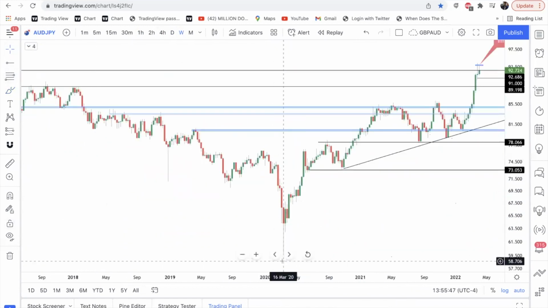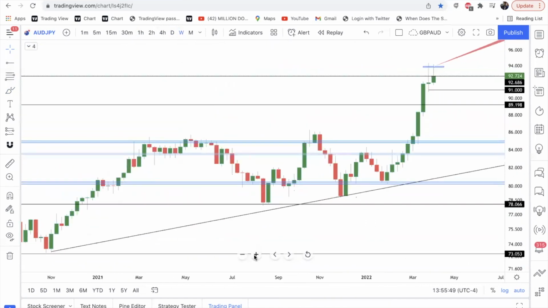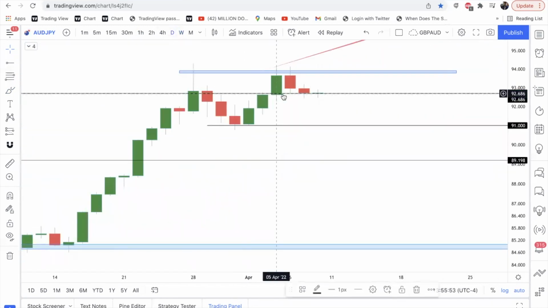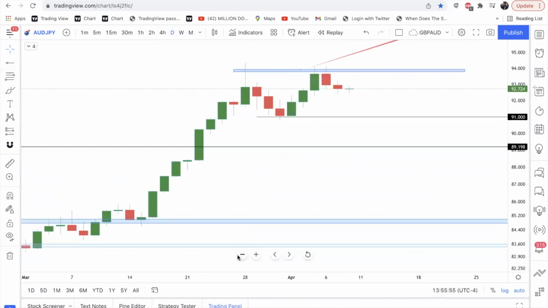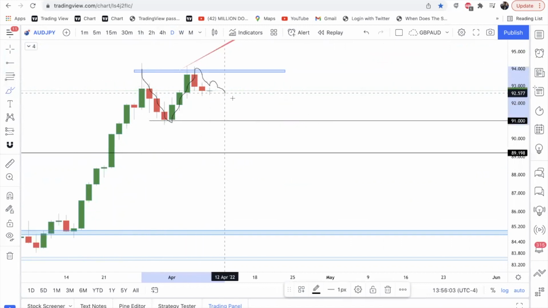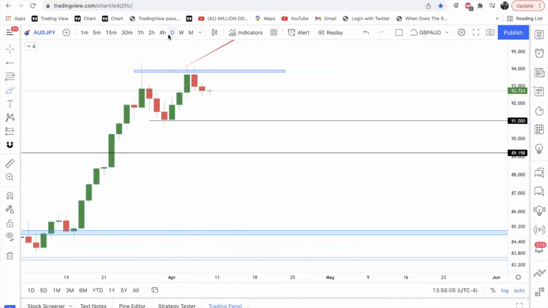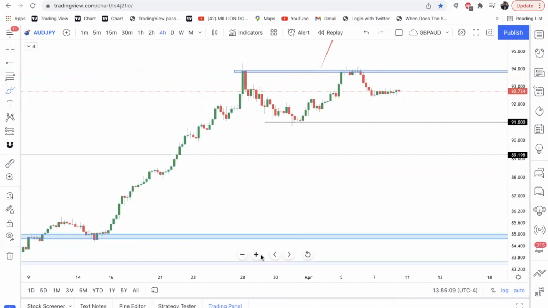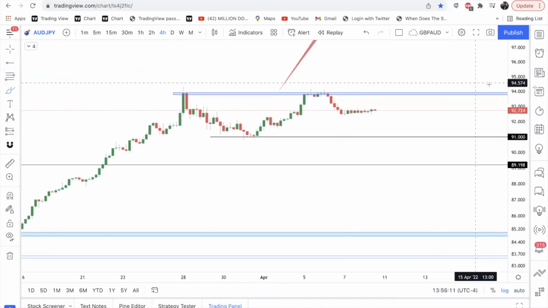And around that level, you see price had strong wick rejections through that level. So if we look at the top, price made a rejection here. Now this was a pullback to that level and it started rejecting that top again. So if I look at this on a smaller time frame, like the 4-hour, you can see real quick,